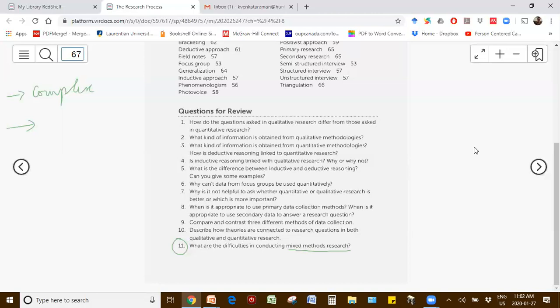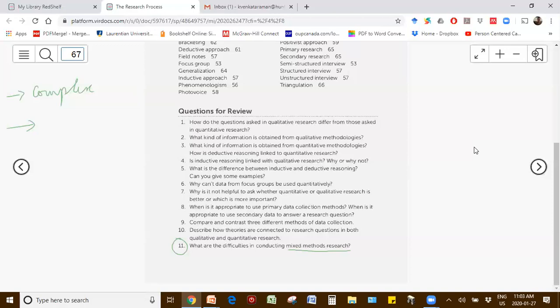So the difficulties, obviously, in conducting mixed methods research is that you rarely find scientists who are exceptional at both qualitative and quantitative. Okay, it's not impossible. There are several really good scientists who can do both. Even more challenging, you have to work with teams. Oftentimes there will be a qualitative team and a quantitative team, and they need to see eye to eye when they work. They need to understand and work with each other well. So there is that.